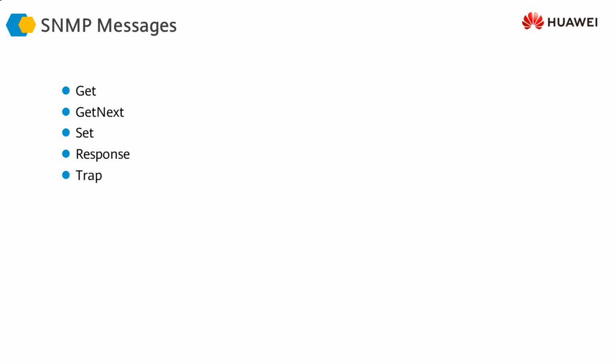The different SNMP messages that are exchanged between the NMS and the agent include the get message, which is going to get a specific OID related information. Get next means get the next information or next OID within the tree. The set message is for changing any information on the device. Response is when you send a response message against any trap or kind of an acknowledgement. And then finally the trap, which is the message initiated by the agent.